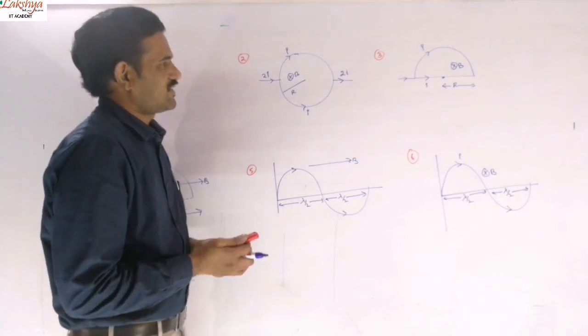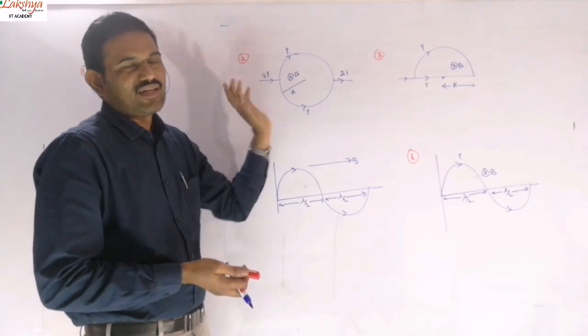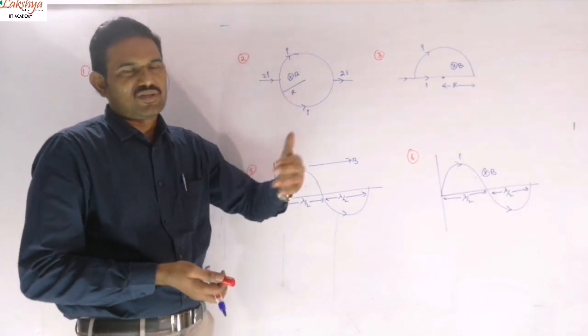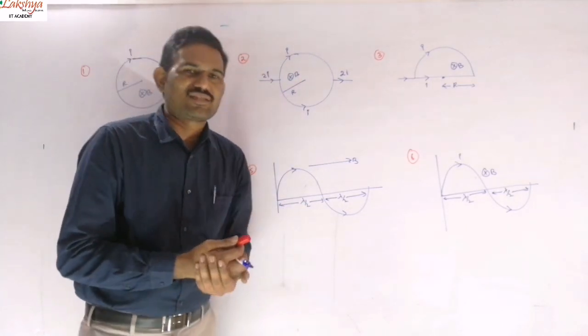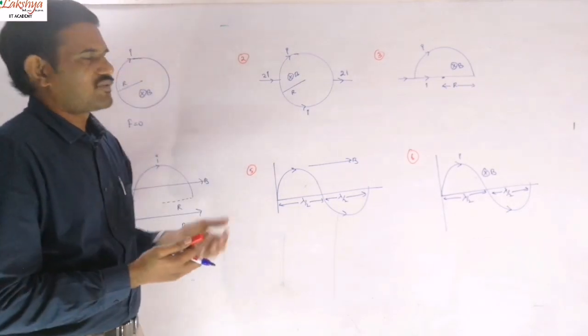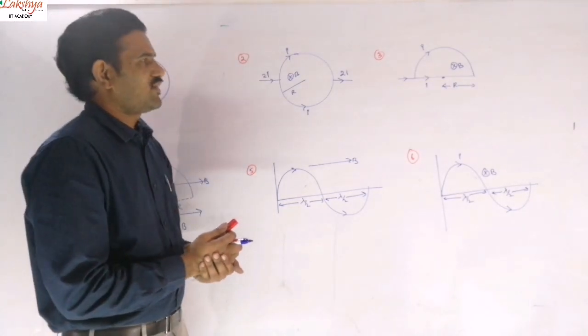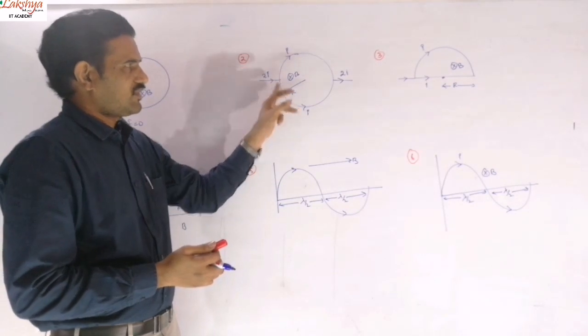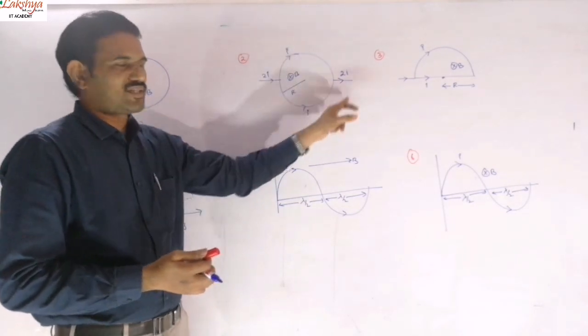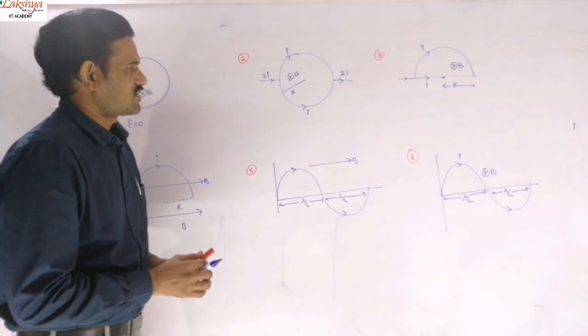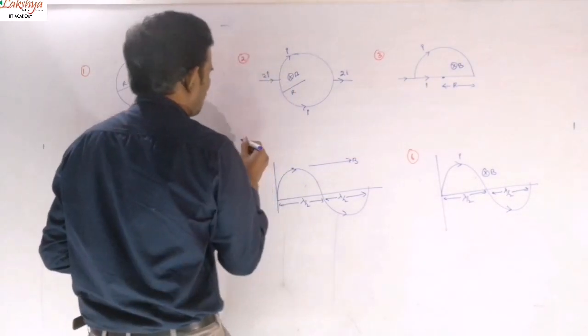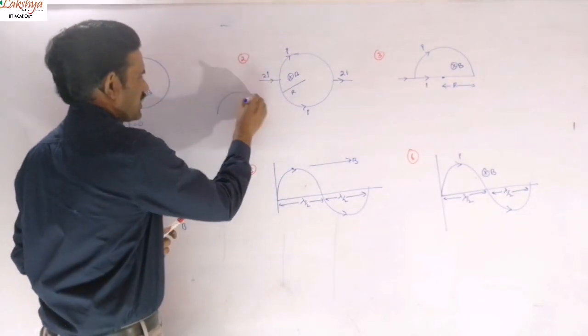And so now in this case, even though it is a closed loop, current is not following that closed loop here. That means the total current is not flowing in the same sense. It is flowing in a different sense there. So then what will happen is, the force acting on this part and the force acting on this part, let us find here. So the force acting on this upper semicircle will be along this direction. You can consider like this.